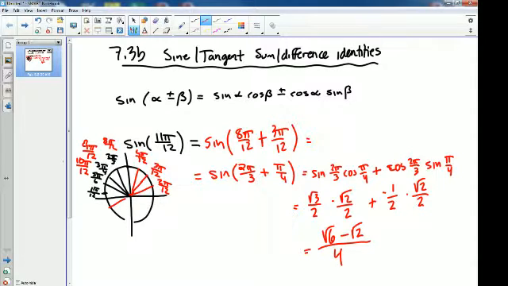If this was minus, it would be minus. Wait, if what was minus? If this was a subtraction identity, it would be minus. How do you know what the